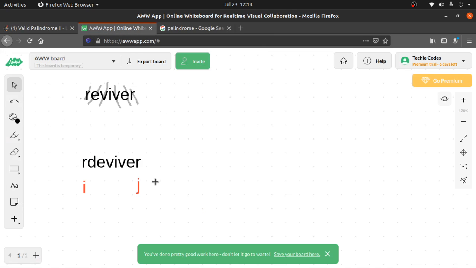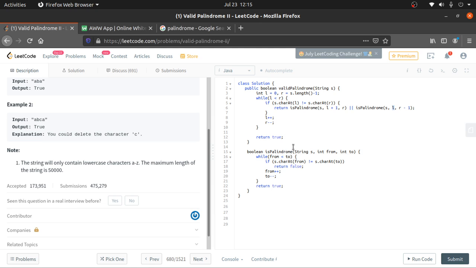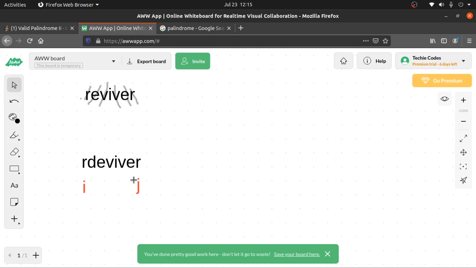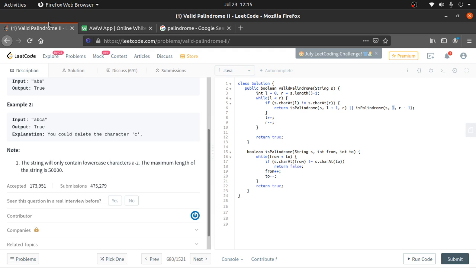So let's see how this works on the string. For example, I put one D here, so we need to remove this D to make it a palindrome. So what we do is we start checking, R and R are equal, so we make the pointers walk towards the center, towards the middle, and check again. Okay, so we come to this point. Now the characters are not equal, so we will return